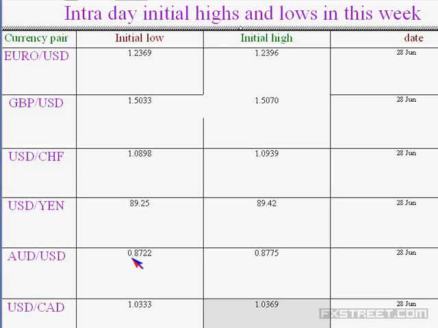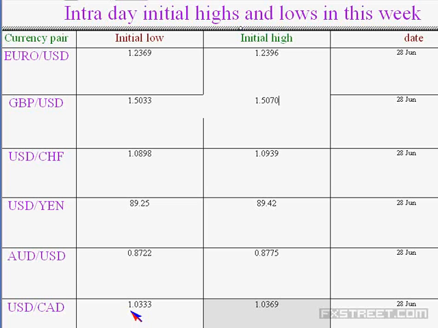Then in the case of Australian dollar, 0.8722 is the low, which is intact. 0.8775 is the high, which is also intact. So you find nominal swings in the case of Euro, GBP, Australian dollar, the numerator currencies, and they are expected to slowly gain the levels to some extent, and then subsequently you will find a significant rise happening during the mid-European session.